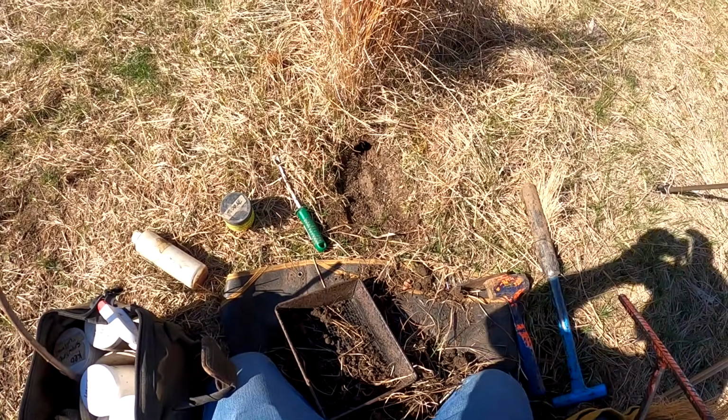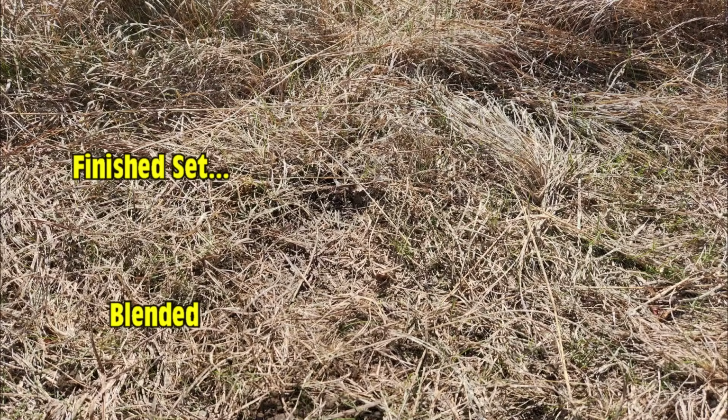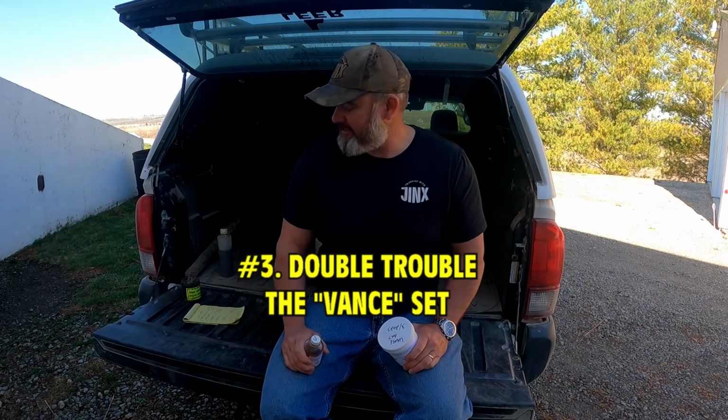Really good, effective set. Okay, that was a really good effective set. Number 3